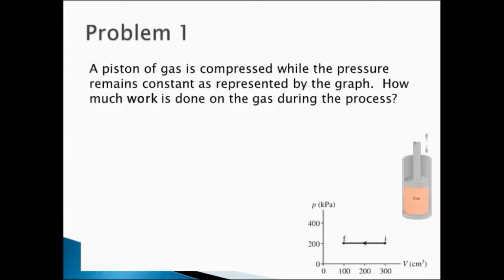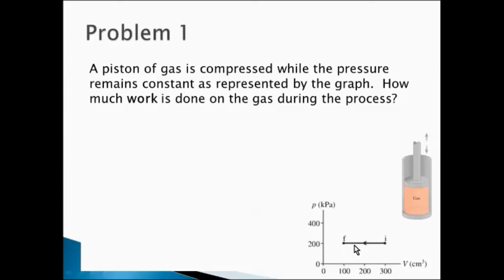All right, so let's do an example. A piston of gas is compressed and the pressure is constant. How much work is done on the gas during the process? So we have this graph. It tells us our final volume is 100 cubic centimeters. It tells us our initial volume is 300 cubic centimeters, and our pressure is constant, so this is an isobaric